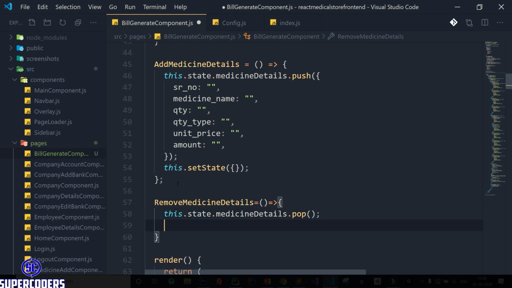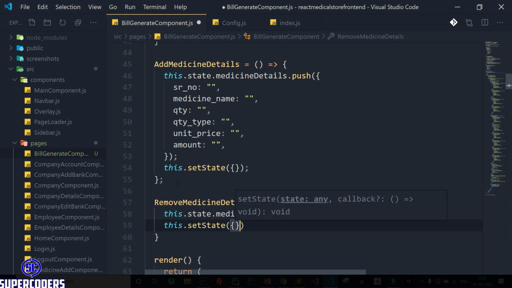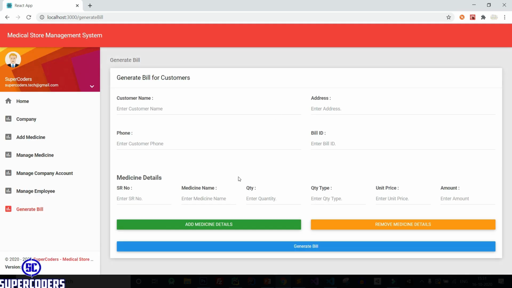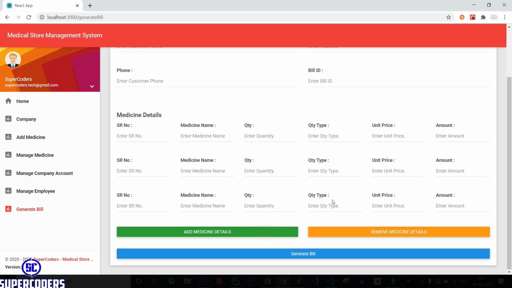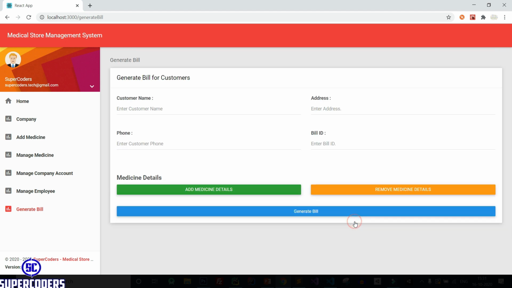After that, this dot set state. So simply save it, back to Chrome, and you can see it is looking perfect. If I click add medicine details, you can see it is working. If I click on it, it's removing, but it will remove the last item.